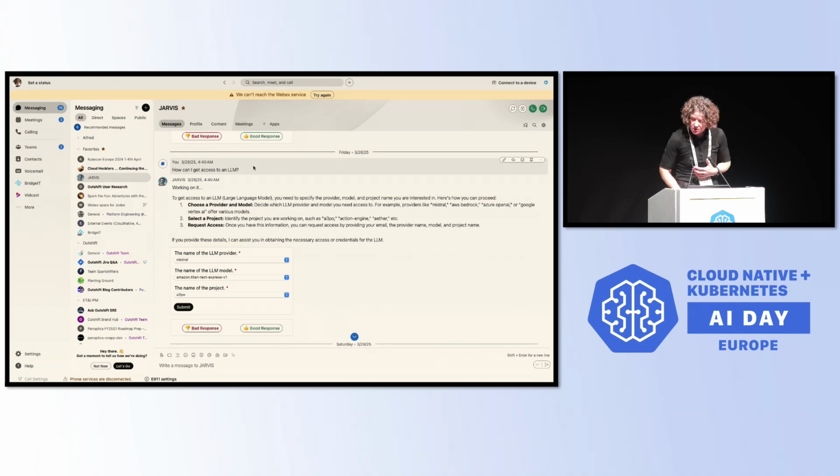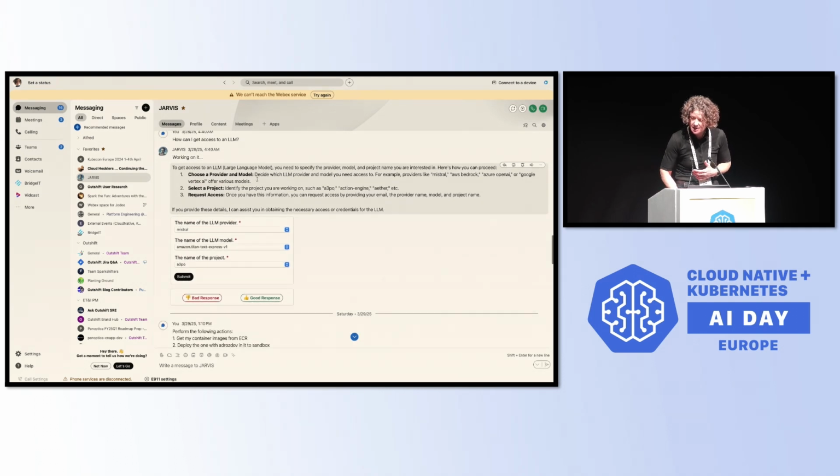So I can enter one of our user interfaces and ask, how do I get access? And it comes back with a very defined form, but this is all done with AI agents behind it. So it decided what the user is trying to ask here, what do I tell the user in response, and can I tell them anything?